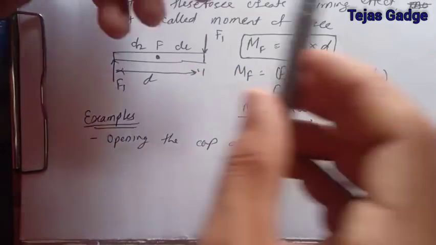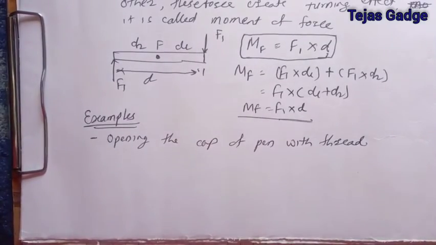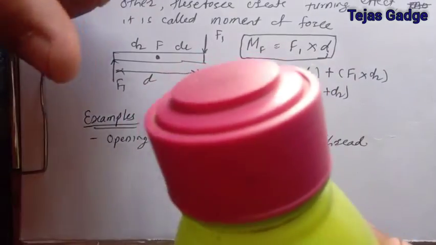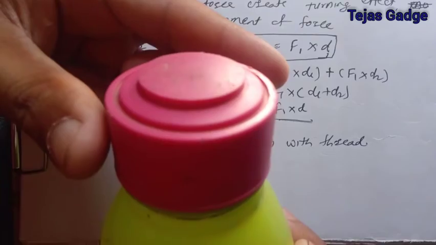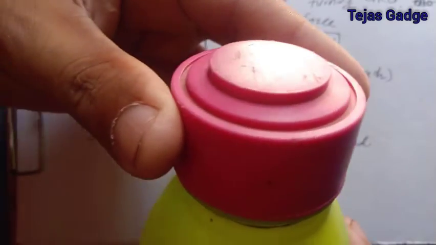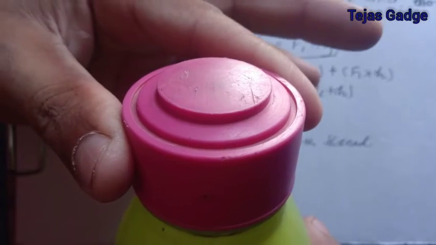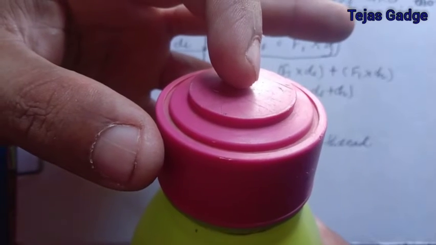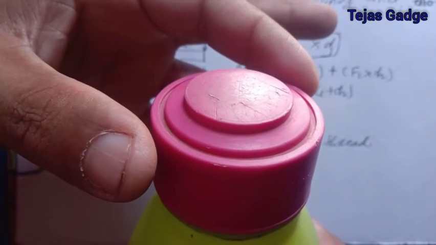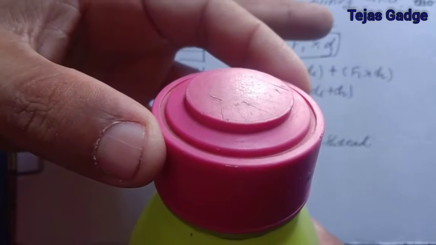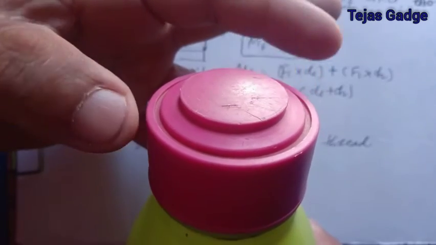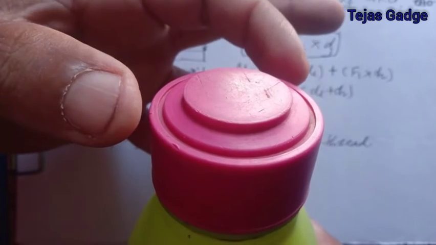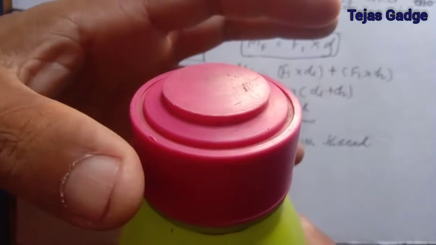Next, the second example we are going to see is opening the cap of a bottle. Now see, here is a bottle and here is a bottle cap. Check how I open the cap. At both ends I am applying force like this. From the center point, the first finger applies force in the downward direction, the second finger applies force in the upward direction, so I can easily turn it. The forces are applied in opposite direction.